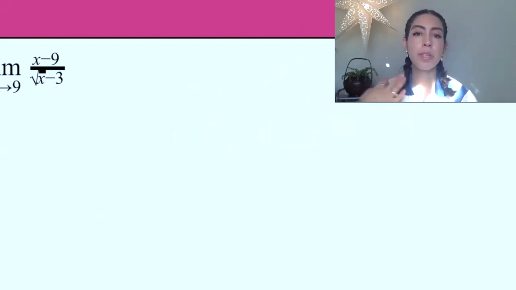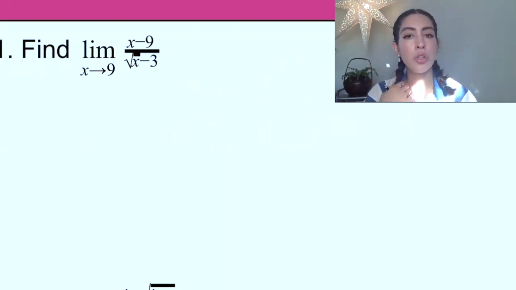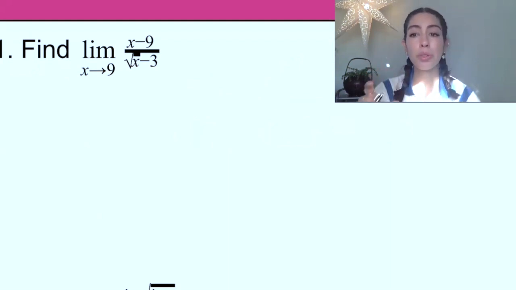However, our purpose for rationalizing isn't necessarily the same. And so we may at times rationalize the denominator, but we may also rationalize the numerator. So I just want to put that out there so you keep that in mind, that we're not just rationalizing the denominator in every example. It could be either or. So we're really just looking for where is that root, and then that's going to tell us where we have